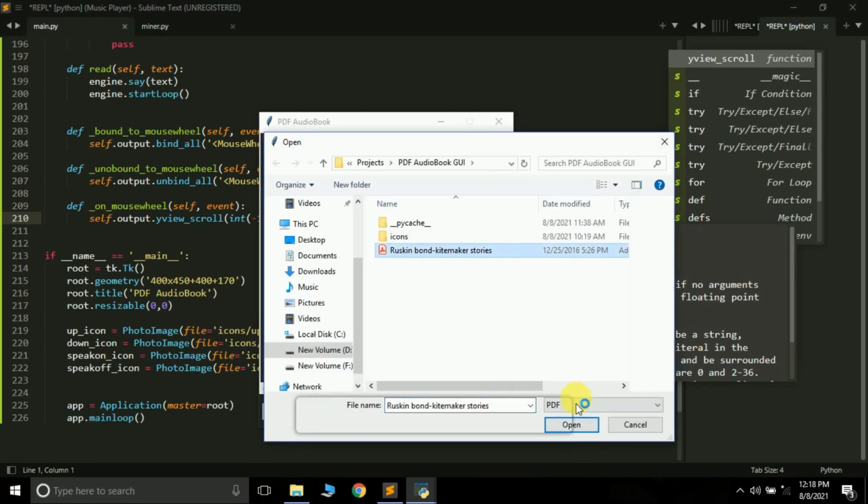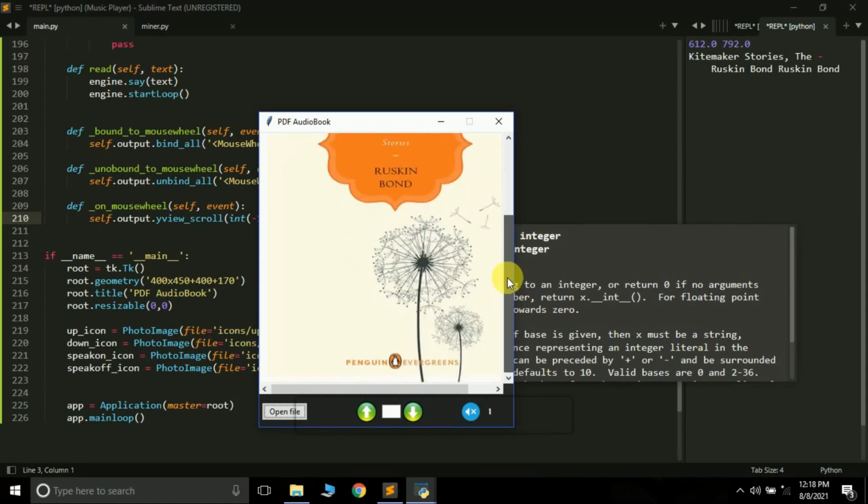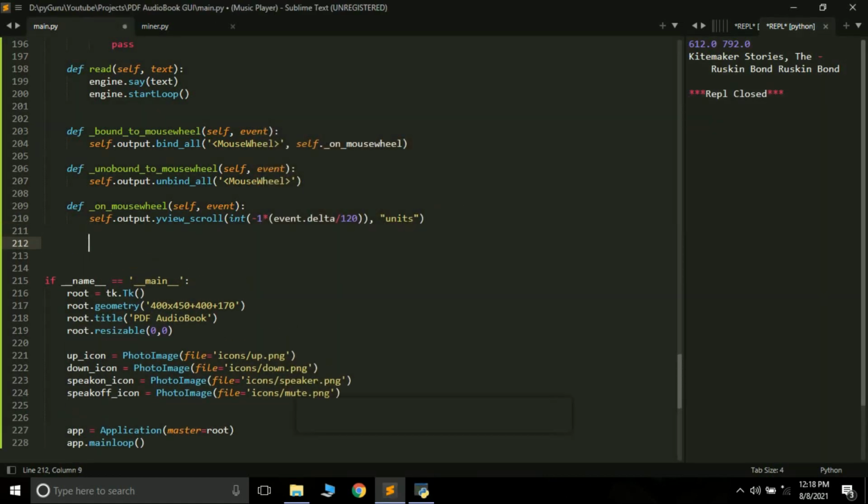So see, one way is to manually click this scroll bar and move our page up or down. Another way is to just scroll now, but we are not able to scroll, and we'll see in a minute why. Okay, so why is it not working on mouse wheel? Actually it was bound correctly, then again it's not working. What can be the problem?